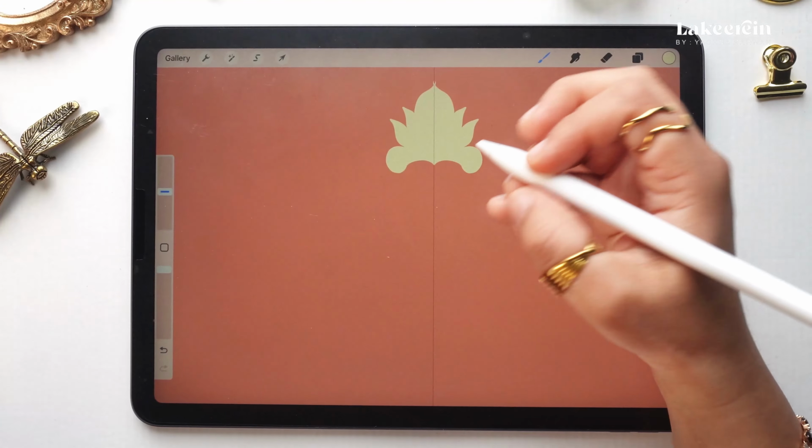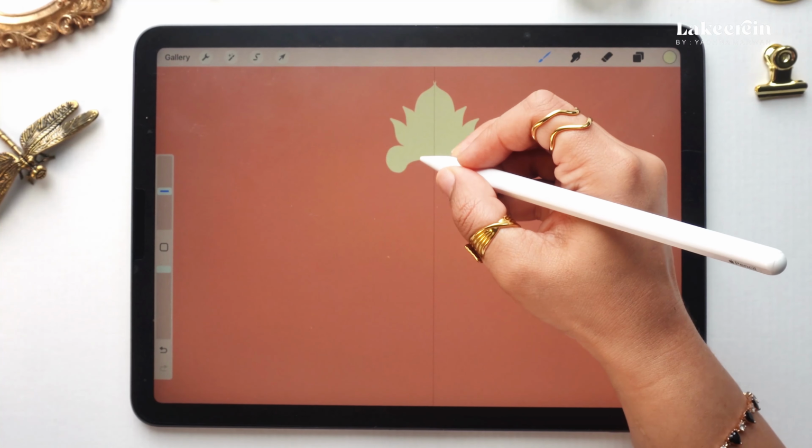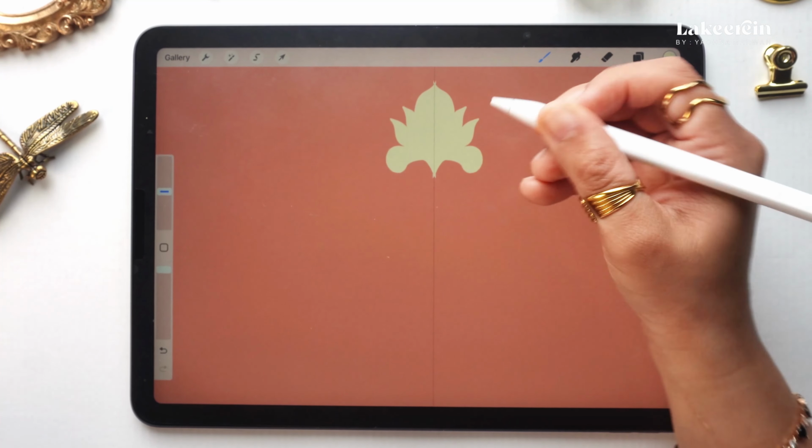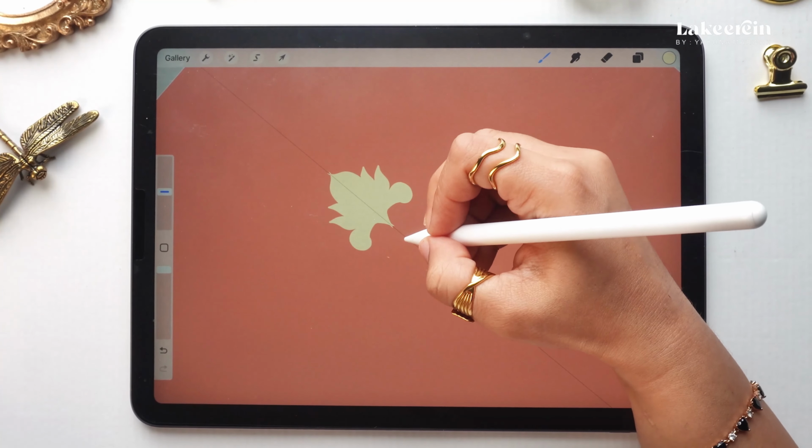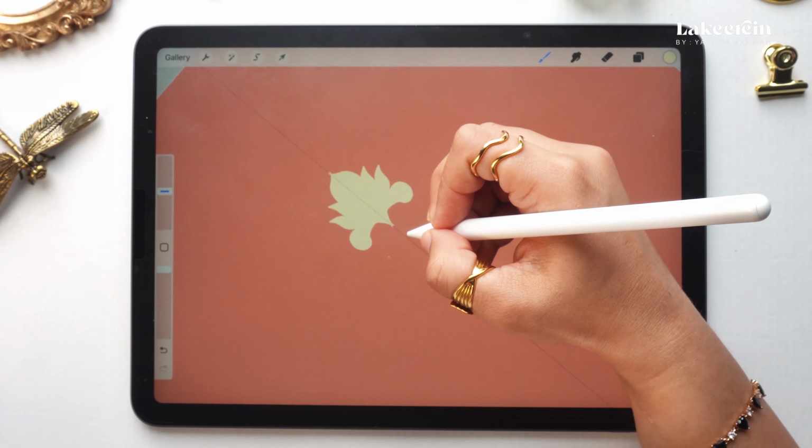Moving on, I'm just going to start creating more of the stuff. After this, you can just extend this a little bit and fill it up, and then I'm going to rotate it so that it's easier for me to create more. Once I do that, I'm going to create a leaf sort of a thing here like this. It's kind of a mustache, so you create a round like this, and then you create the depth. First you create a line, then you either create the depth on both sides, like this, or you can create it on one side and then fill it up. Similarly, I'll keep creating the outlines and the depth and keep filling it up.